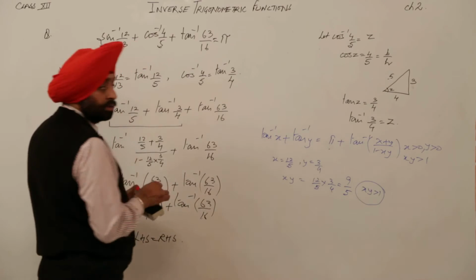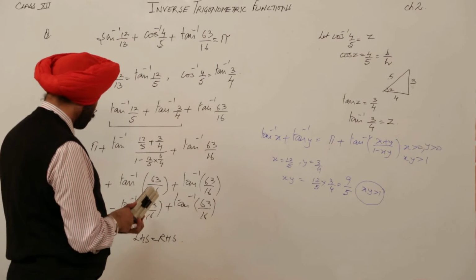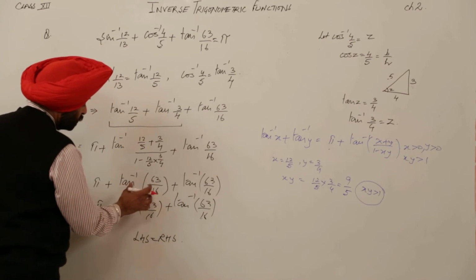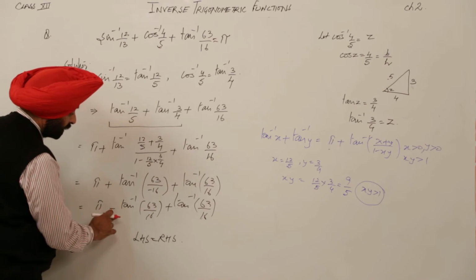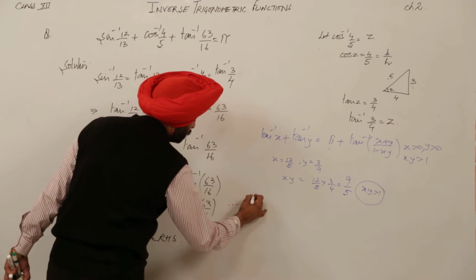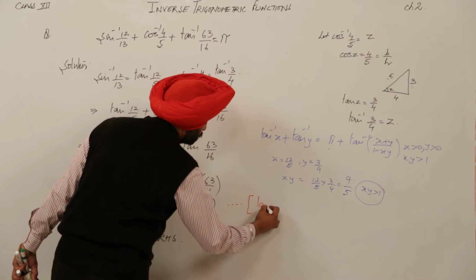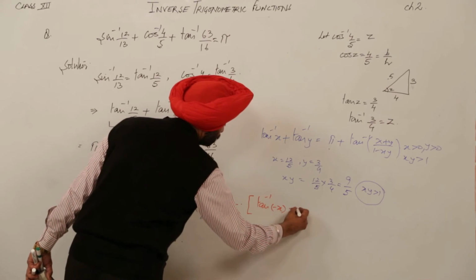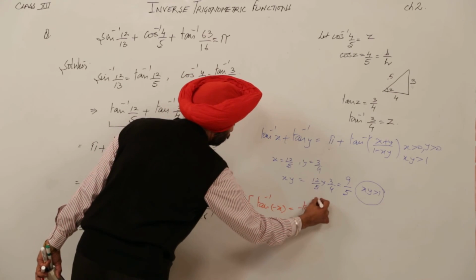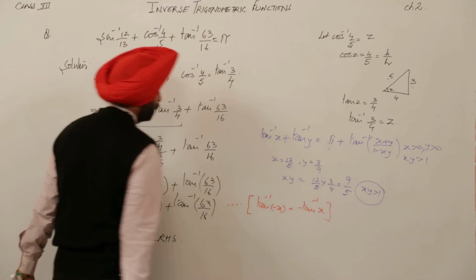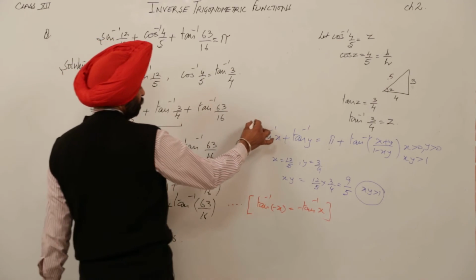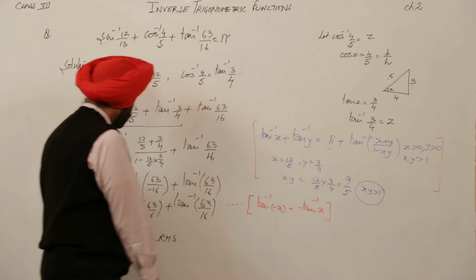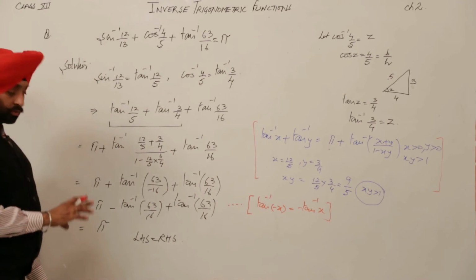always write the conversion part. Wherever you are using it, please do write it. So what I have used here: this was positive, now I wrote negative. So mention here like this, that tan inverse of minus x is equal to minus tan inverse x. This we have already done in a property. So now you have to mention this part, and then for this part we have done the conversion, we have used the formula.